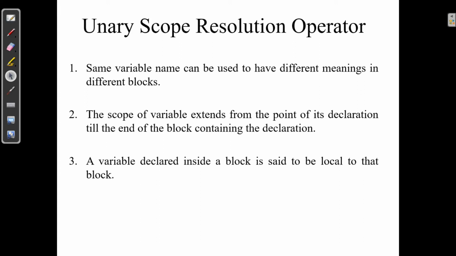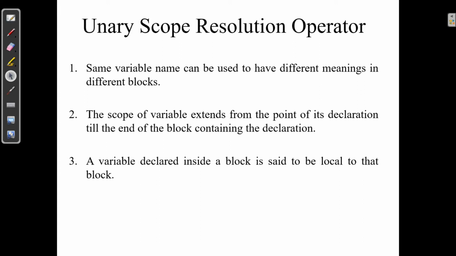We will discuss global variables and local variables, and then we will discuss how to access global variables and how to access local variables, which variable is known to be a global variable and what we can do with the help of a global variable, and which variable is known to be a local variable.